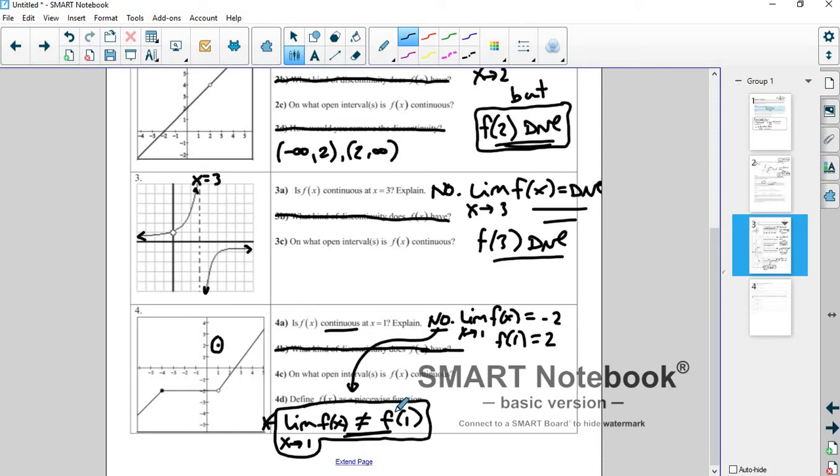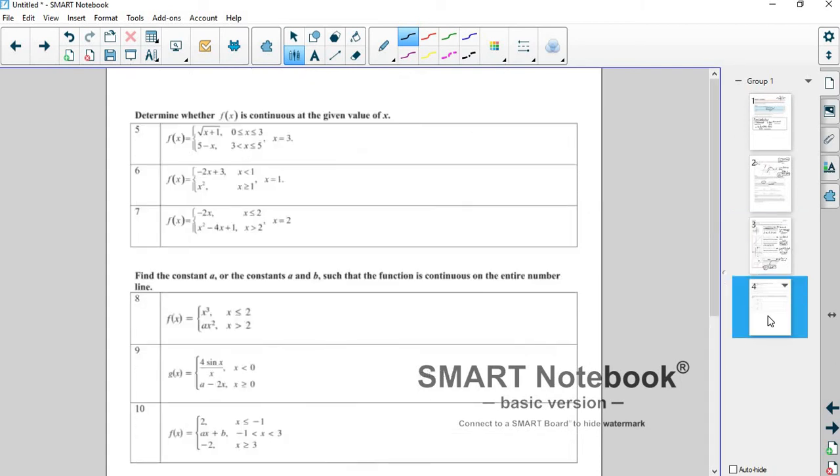So if the limit doesn't exist or the function doesn't exist, then they can't be equal to each other. A lot of times you'll have more than one reason why it's not continuous. All right. Okay, there's one more thing that I want you to see, and that is something like this, where